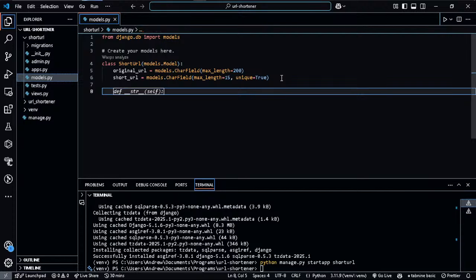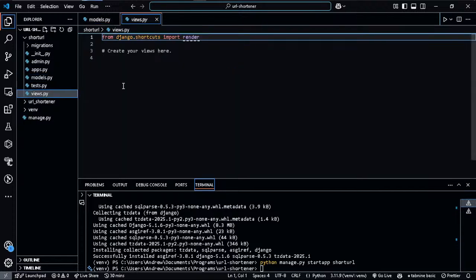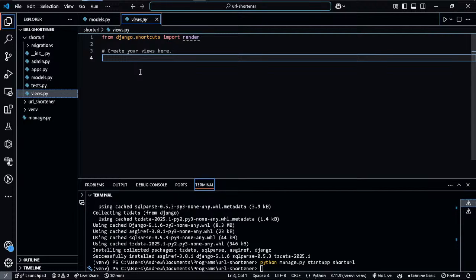So I'm going to have this def __str__ right here, and what we just want to return is the original URL. So we are good to go with that. From this model, what we want to work on next is the views. We want to go with the views, and let's just create